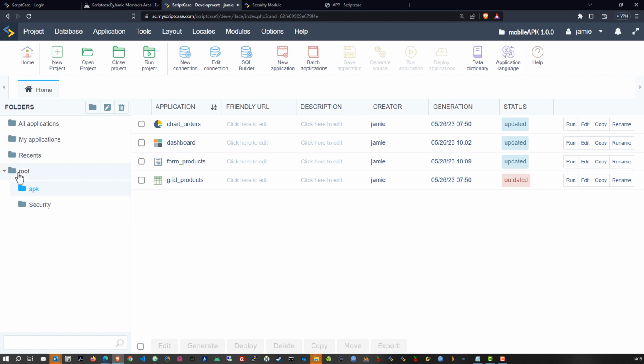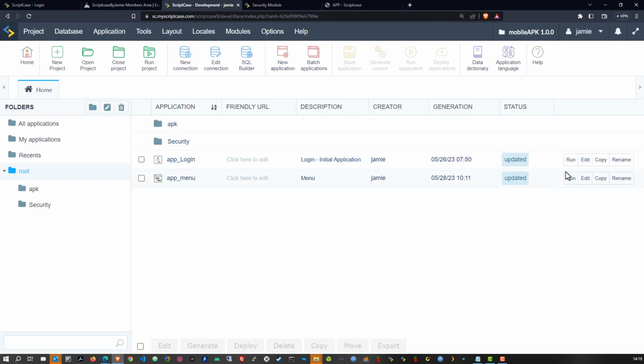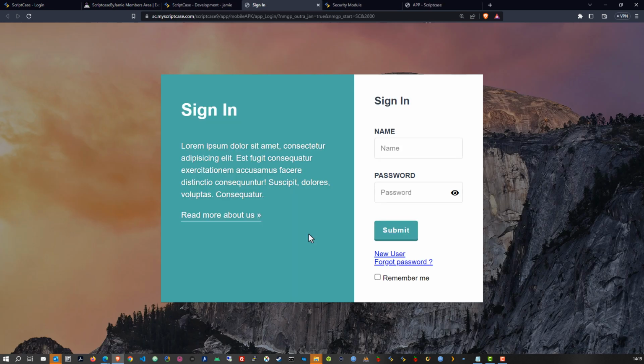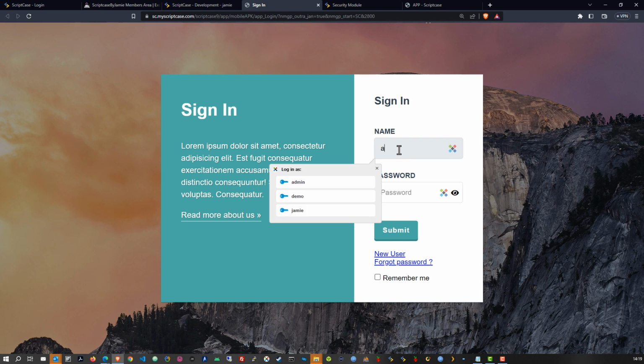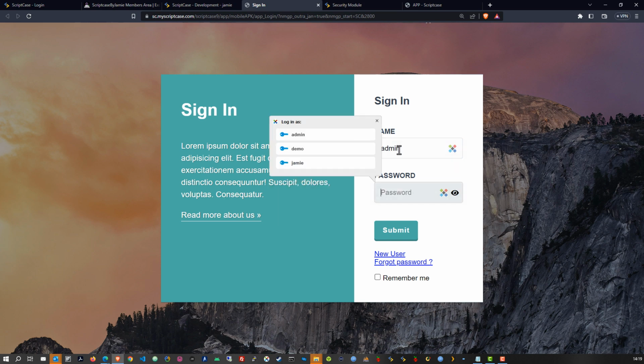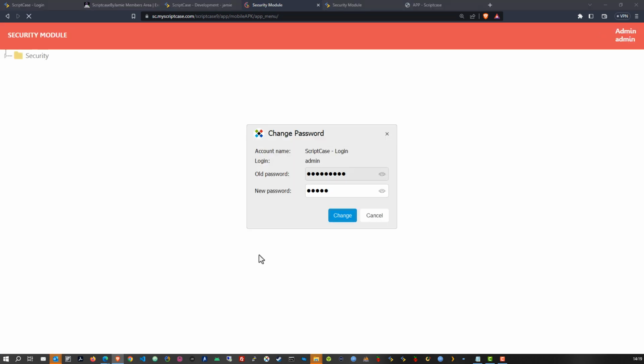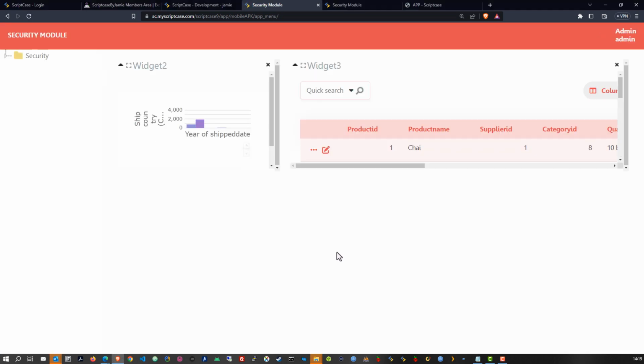If I go ahead and run these, I'll have to go to my root and log in with the login page. If I log into this, you'll see I have a very basic login page, and it's maybe not the best login page to have for mobile access. So we will change that in a moment, and I will also log in. And then once I'm logged in,